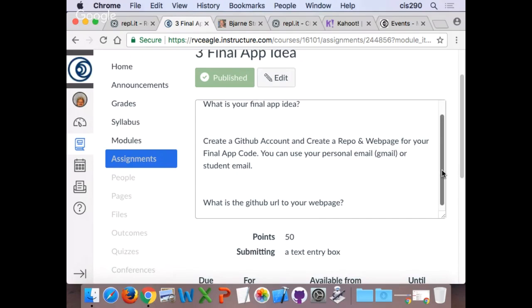Now, here are some sources to help you with your final app idea. You've probably already thought of this one, but maybe you haven't: the App Store. Look at all the stuff in the mobile app stores for iOS, Android, Windows, whatever. As far as popularity and how many apps are out there in the world, the most popular is definitely number 1 Android, 2 iOS, 3 Windows. So look at apps that you currently use for inspiration.